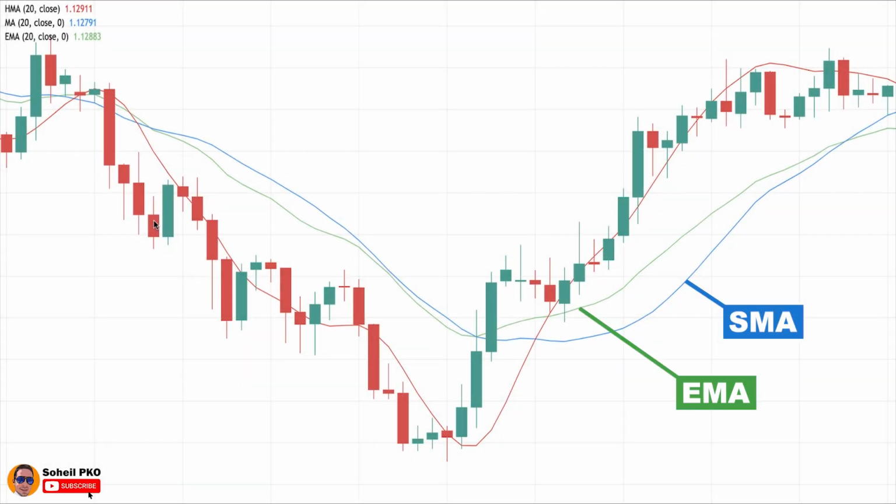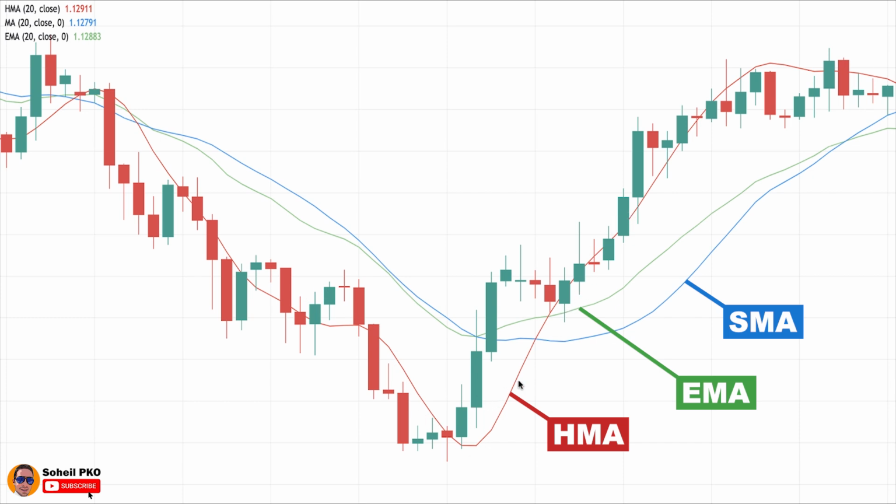Simple moving average, exponential moving average, and Hull moving average. Three of them with the same length of look-back period, but you can see how the Hull moving average minimizes the lag of the other two moving averages, but still keeps the smoothness of the moving average line. Developed by Alan Hull in 2005, the Hull moving average traces and responds to price action very closely and greatly